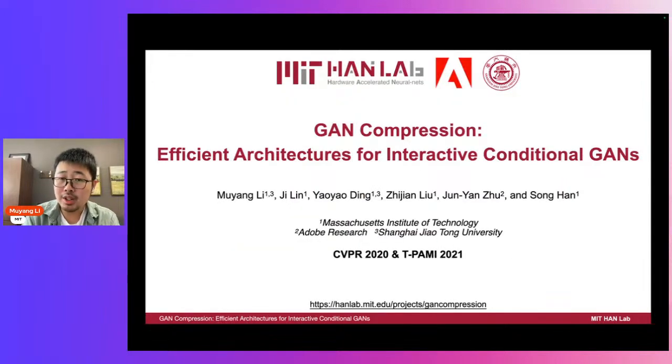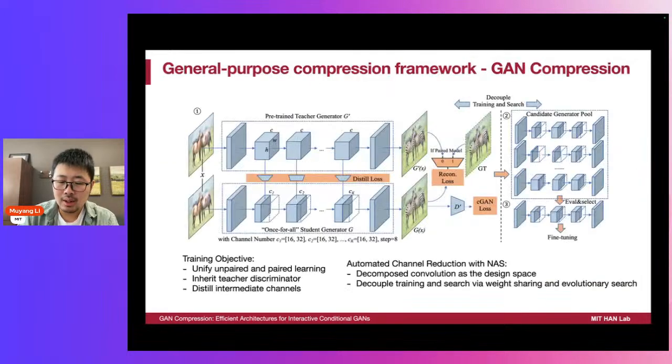So back in 2020, I began my research journey on building efficient GAN architectures with a paper called GAN Compression. It was accepted by CVPR 2020 and TPAMI 2021, and has also received 1.1K stars on GitHub. And it is a general purpose GAN compression framework for conditional GANs, with distillation and neural architecture search.